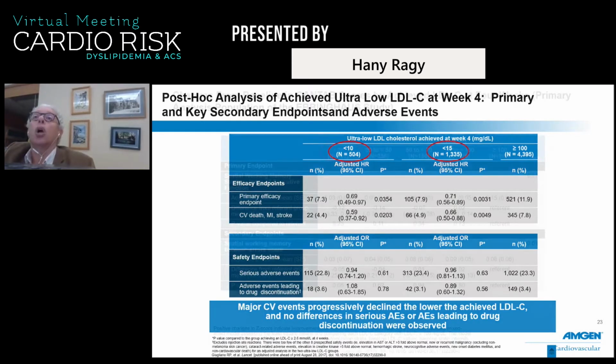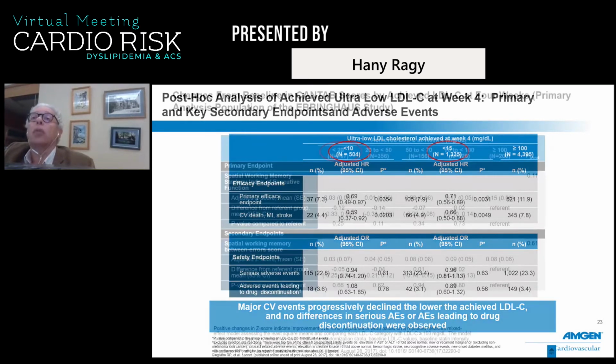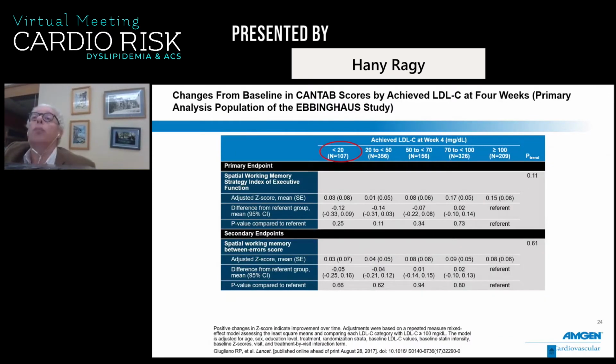We know from the Ebbinghaus study that there were no mental issues related to low LDL. The brain can keep the level of cholesterol it needs. It has its own control mechanism, and patients who had an LDL less than 20 had absolutely no neurological